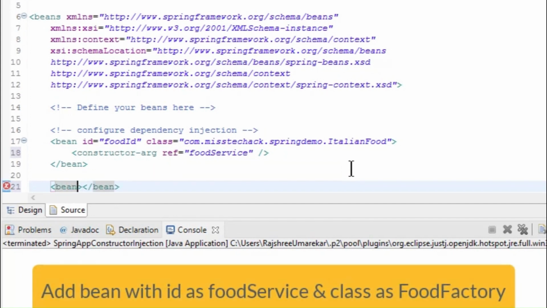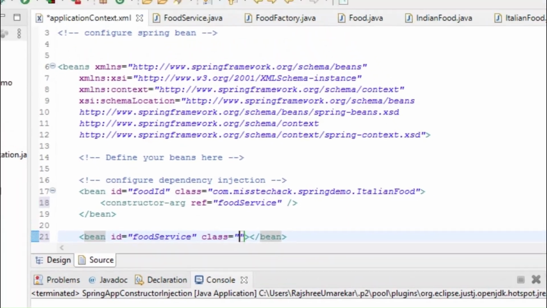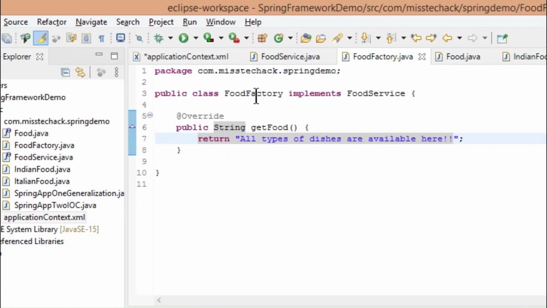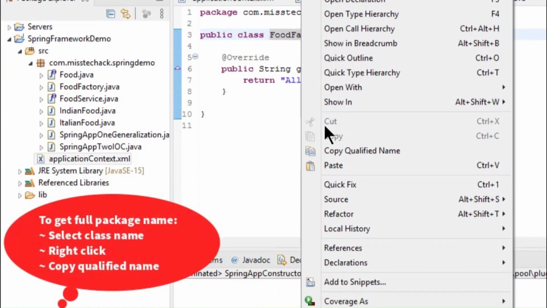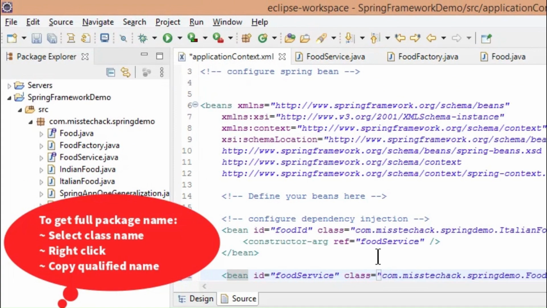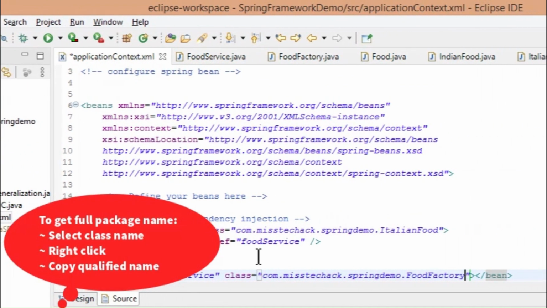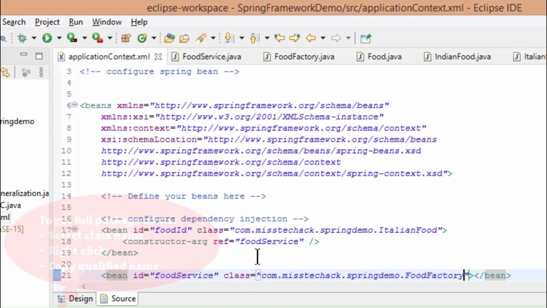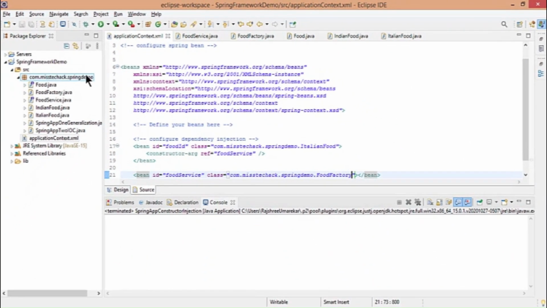Add another bean tag with id as foodService and class as com.mistechhack.springdemo.FoodFactory, and save the file.